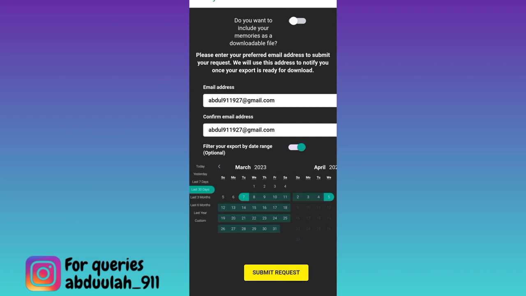Once you click on submit request, a file containing your information will be sent to your email address. Once you have received that file, all you have to do is to open it. And in that file you will see your deleted chats on Snapchat. In this way you can recover your deleted messages or